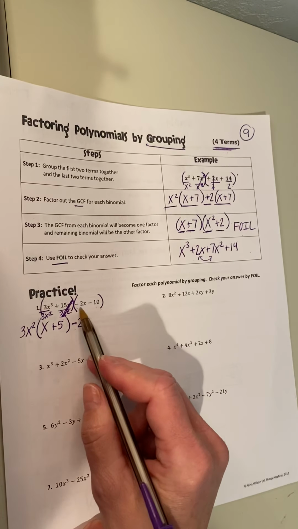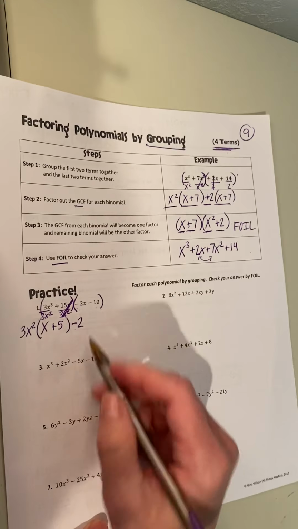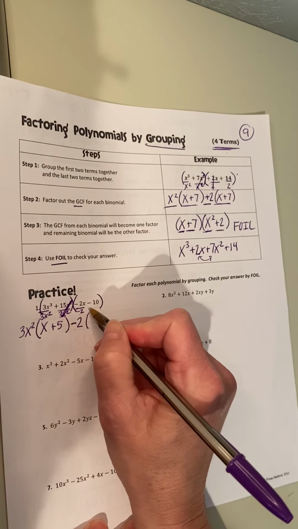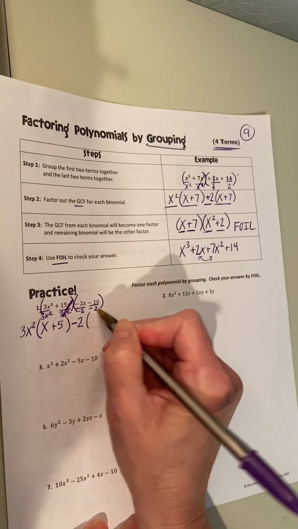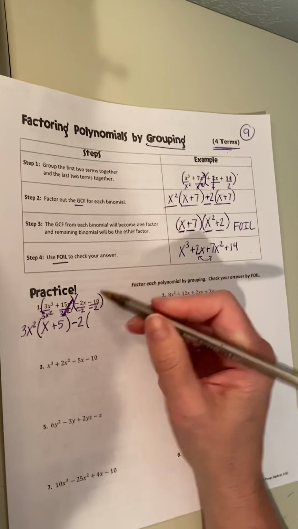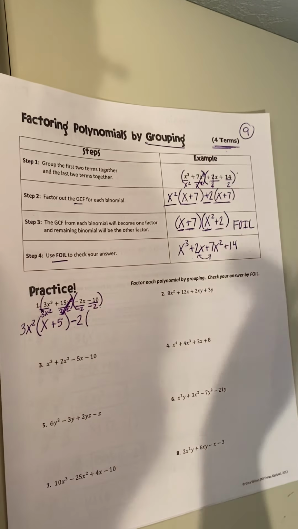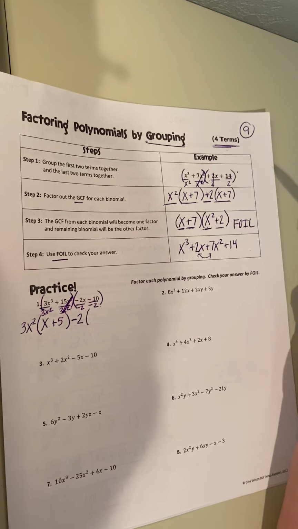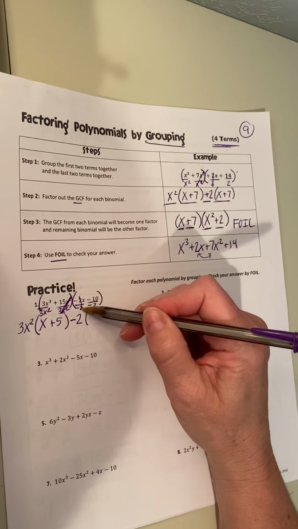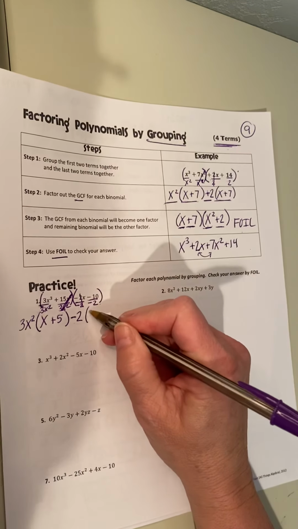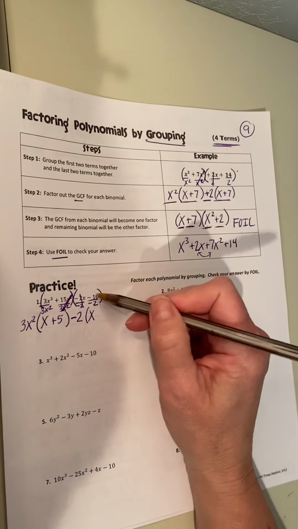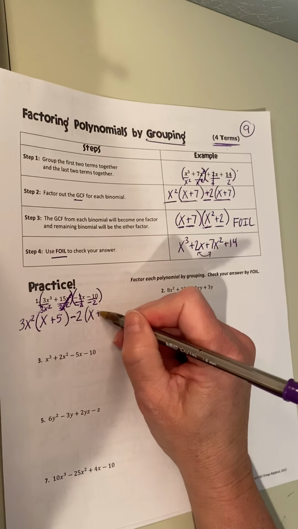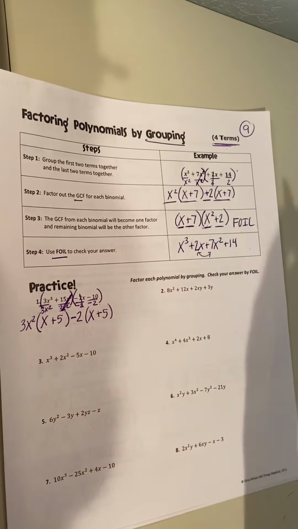I cannot factor out an x for this. So I'm going to open parenthesis. I'm going to divide both of these. This is important. I'm going to divide both of these by a negative 2. So watch what happens. Remember, if you divide a negative by a negative, it turns into a positive. So negative 2 over negative 2 cancels, leaving me with a positive x. Here, a negative 10 divided by a negative 2 leaves me with a positive 5,